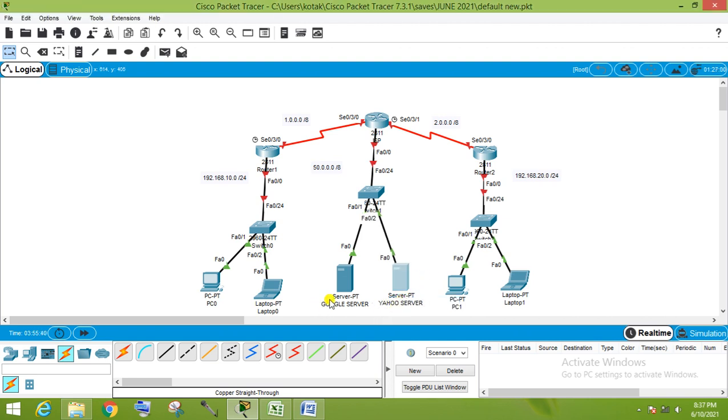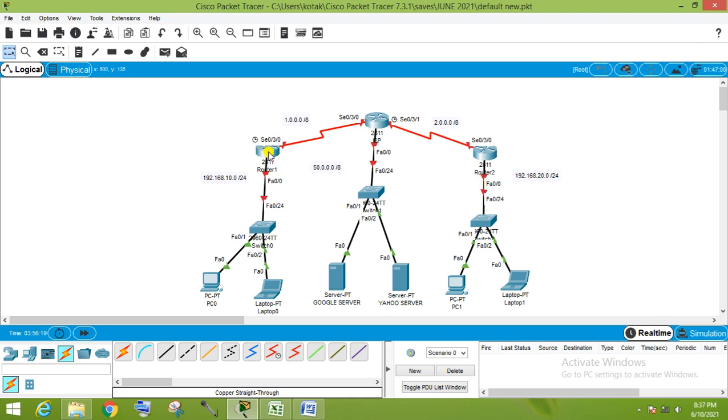This ISP router in a real scenario would be connected with some internet routers. Here in Packet Tracer we just consider it an ISP router, and the Google server is also connected to it, and this is the IP network range. So it will be 50.0.0.1 and 2. First of all, we assign the IP addresses to all interfaces.